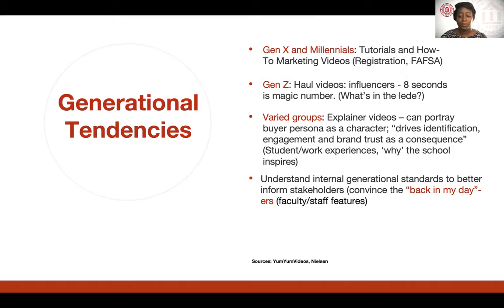But the main thing to remember is that internal generational standards, to better inform stakeholders or convince them, is a huge piece that you need to consider when you're talking about that forward facing story, whether it's about a student or whether it's about something that's happening in your school. So these generational gaps, or the information per generation, is very interesting. We'd like to think that every cool story pulls the appropriate heartstrings, but we're different individuals. So we have to clump up the stories we tell based on who that major audience is that we want to tell that story to.